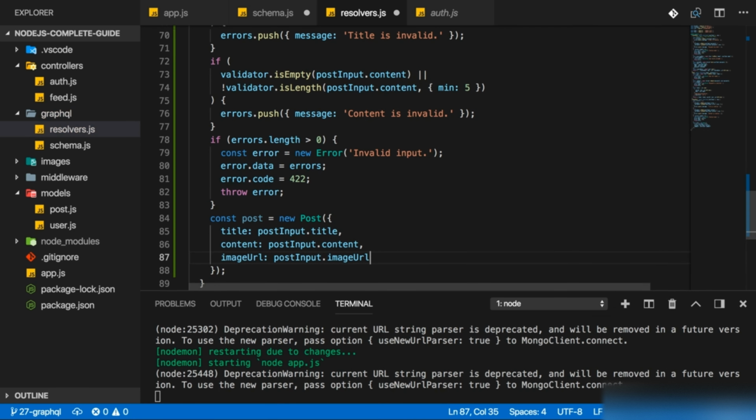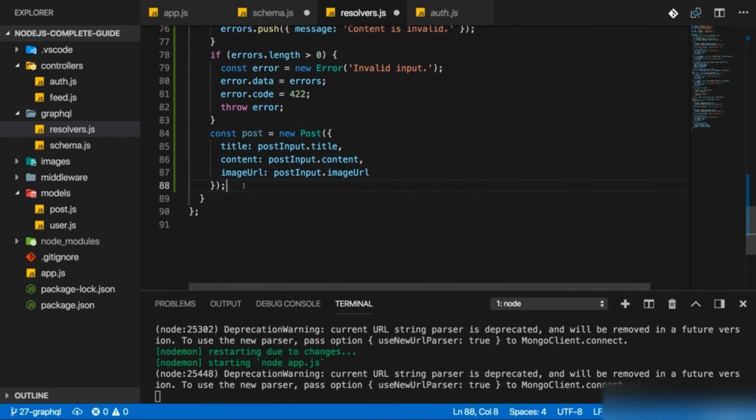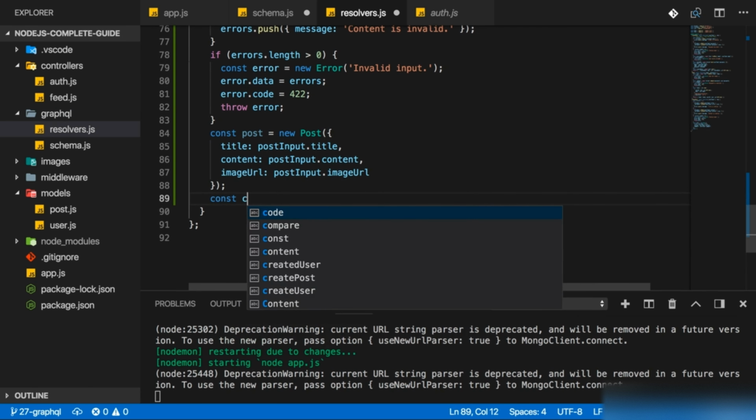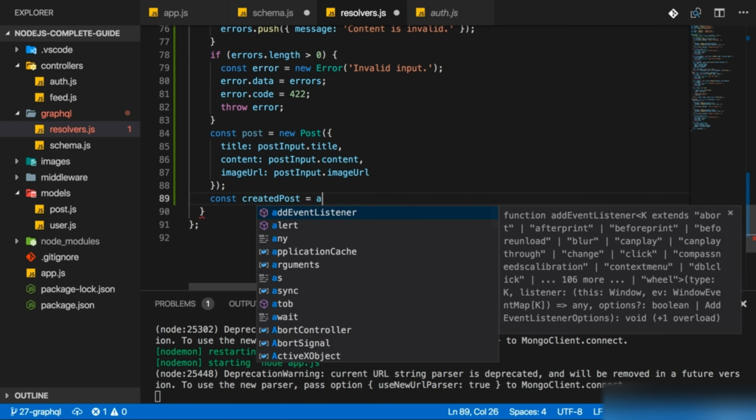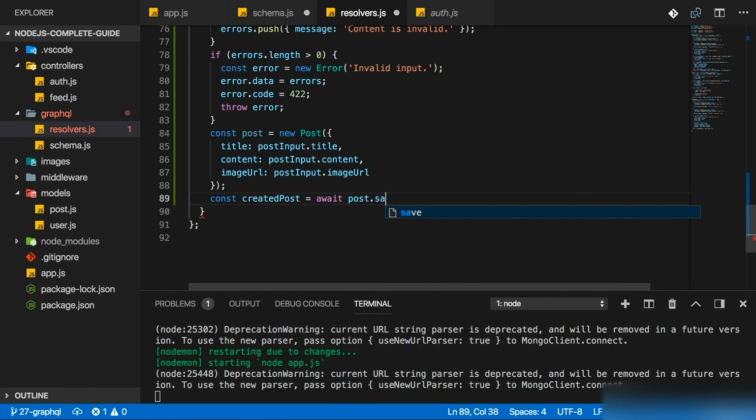For now, I won't add a creator here because I'm not able to retrieve the user yet. So that is my post. I can now store the created post in a new constant, and I get that by awaiting post.save to finish. Here, I'll then also need to add the post to the user's posts later